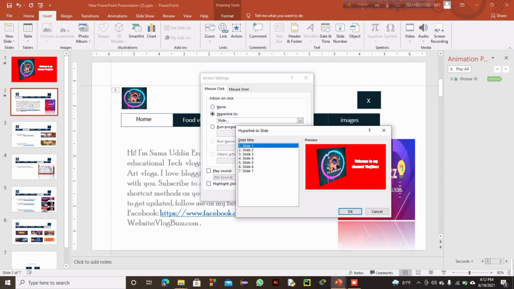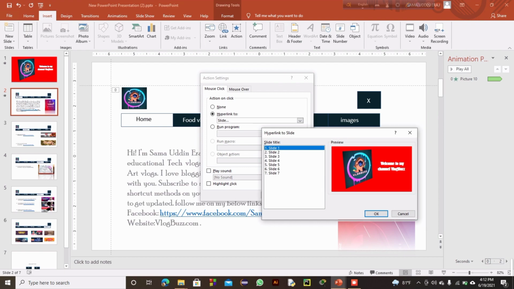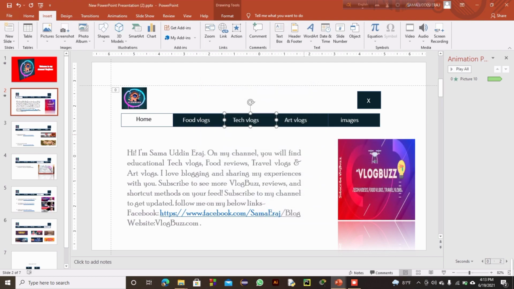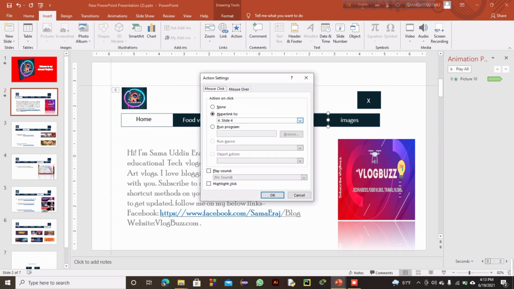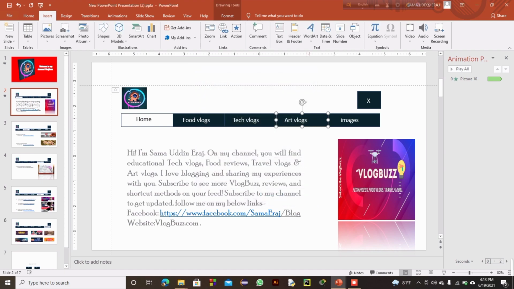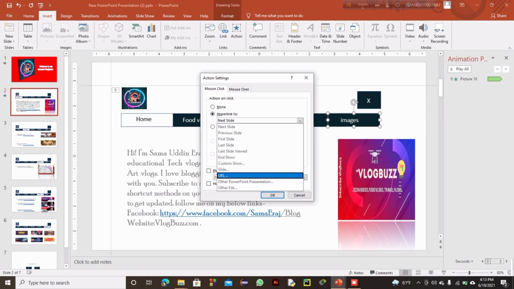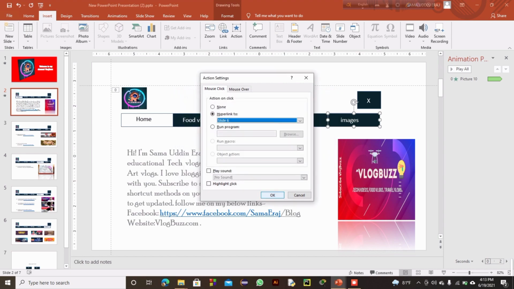So whenever I click on the tag blog, it goes to the slide 5. Whenever I click on the art blog, which is slide 4, and whenever I click on the images, it goes to slide 6.